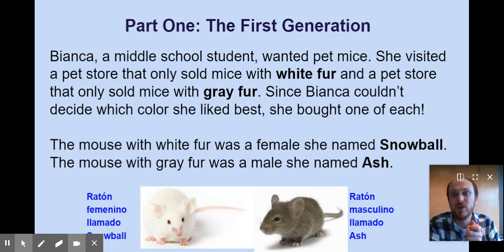Bianca is a middle school student, and she wanted some pet mice. So she visited a pet store that only sold mice with white fur, and a different pet store that only sold mice with gray fur. This is important. Since Bianca couldn't decide which color she liked best, she bought one of each. Okay, she named the white fur mouse Snowball, and she named the gray fur mouse Ash. She brought him